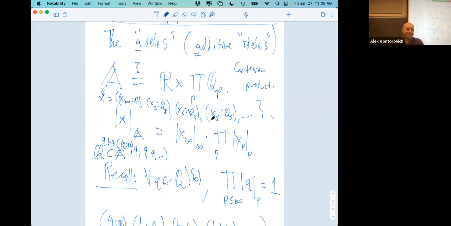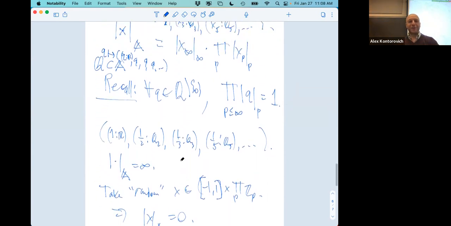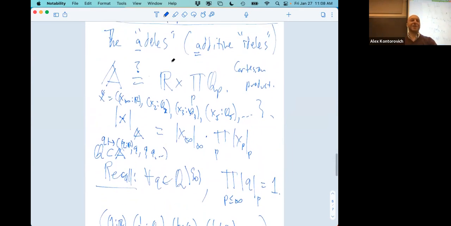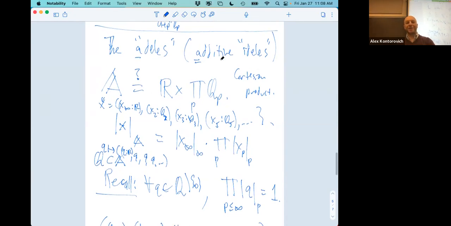The additive Adeles ended up having even more, like once you're using the Adeles, should I tell you what the Adeles are? Well, I haven't finished telling you what the Adeles are. The Adeles are going to be the same kind of idea, but we want the multiplicative structures everywhere. And then we'll have similar problems. You can say it after. Yeah, I'll come back to that.